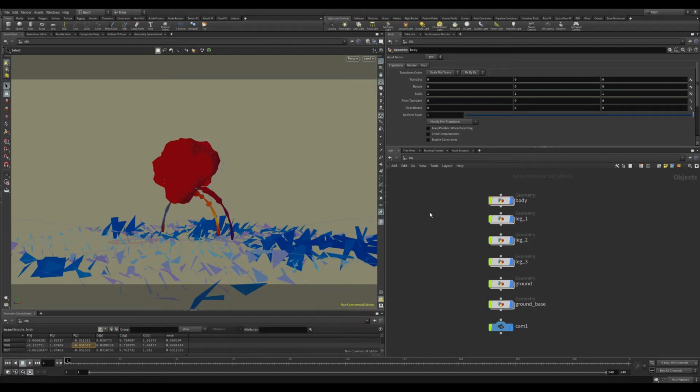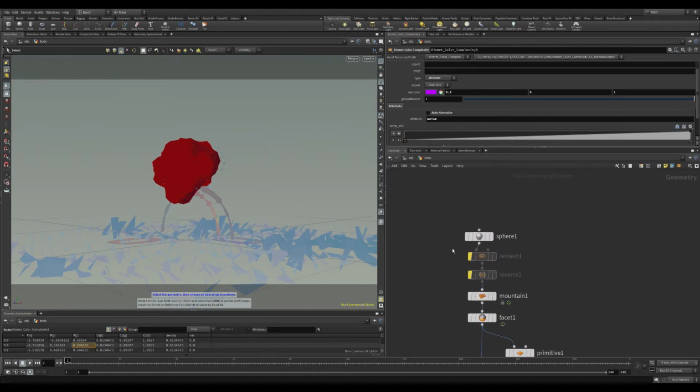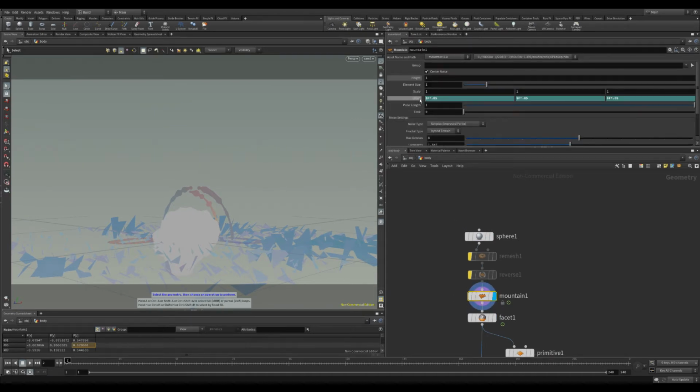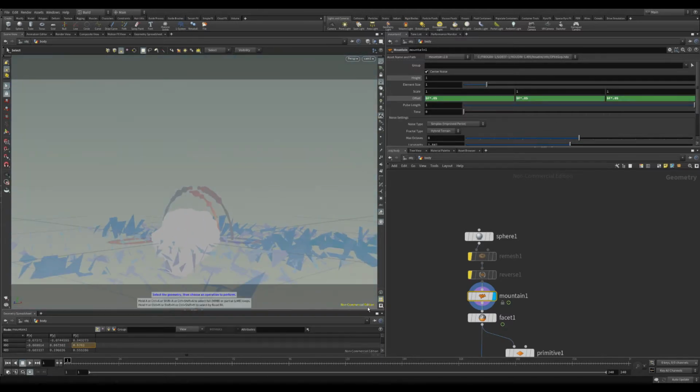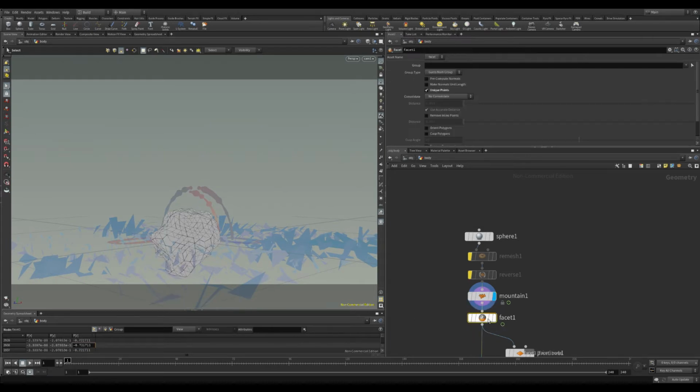Hi, I'm going to start by going through the body of this creature. I started by using a sphere and then a mountain node, adding a keyframe on the offset. It would move throughout the timeline just to make it a little more exciting, and then using the facet node